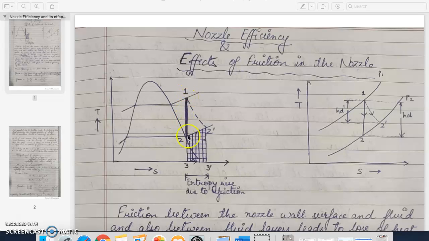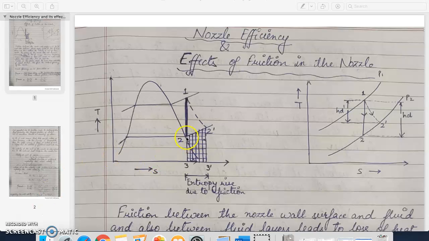So during the process 1-2, friction comes into play between the walls of the nozzle and the fluid flowing through the nozzle, and the second possibility of friction is among the layers of the fluid which is moving inside the nozzle. So ultimately, due to this friction, heat is released, and as this heat is generated inside the nozzle only, it is absorbed by the steam inside the nozzle, and thus the steam gets reheated. And due to the reheating, its dryness fraction is increased.